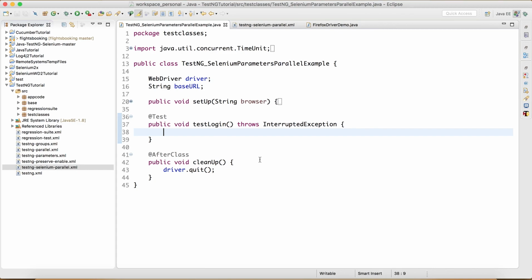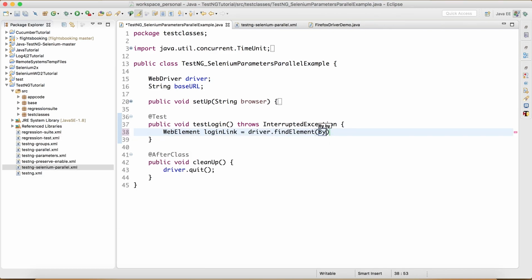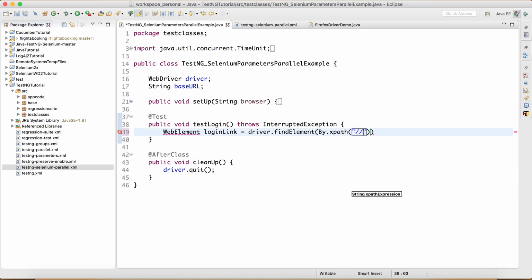So let's go to Eclipse again, and I'm going to say WebElement loginLink equals driver.findElement(By.xpath, and my XPath expression would be contains, and inside contains I'll provide @href comma, and this contains /sign_in.